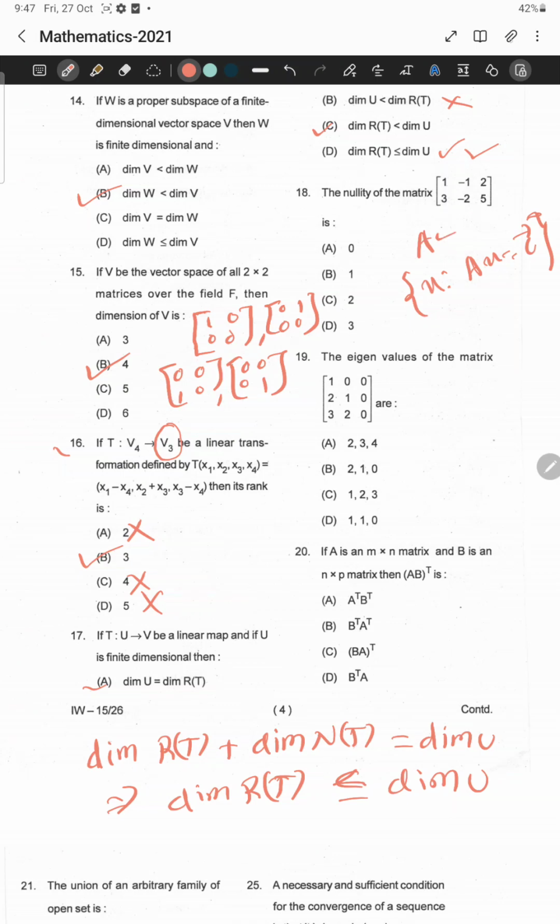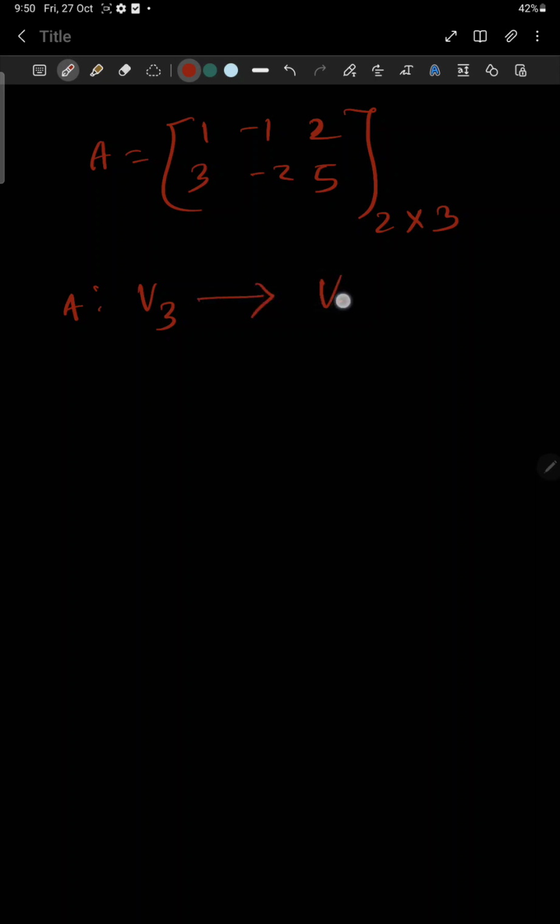In the question, the matrix A is given as 1 minus 1 2, 3 minus 2 5. This matrix is 2 cross 3, 2 rows and 3 columns. This matrix can be treated as a linear transformation from V3 to V2. As in the previous question, question number 17,